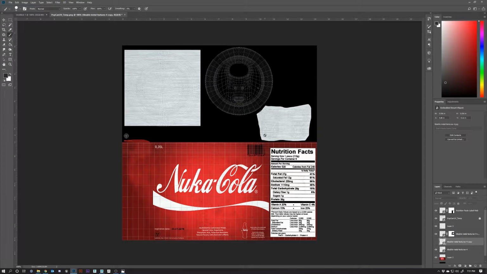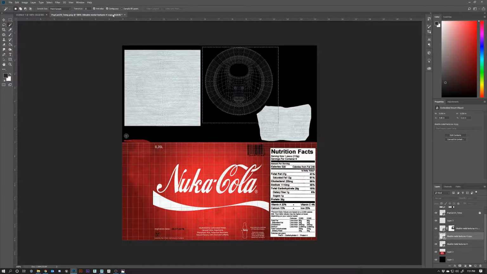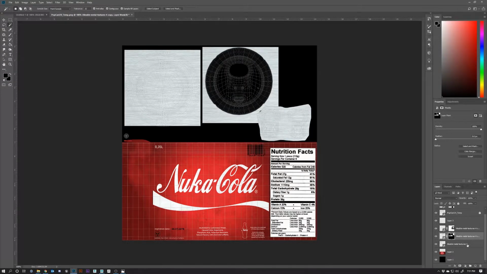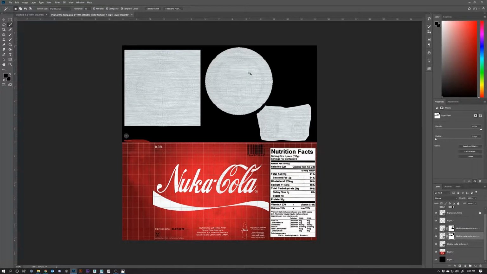Hide this layer. Do magic wand selection. Oops. Check sample all layers. There we go. And then we turn this layer back on. We create a layer mask. Control I. And